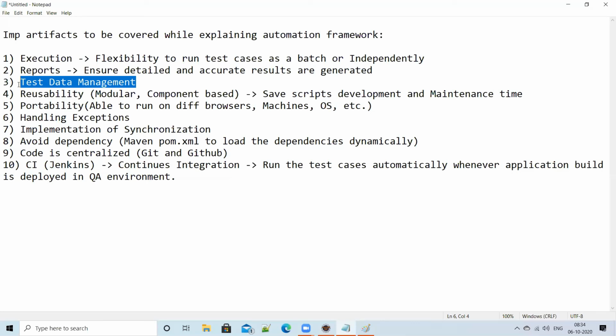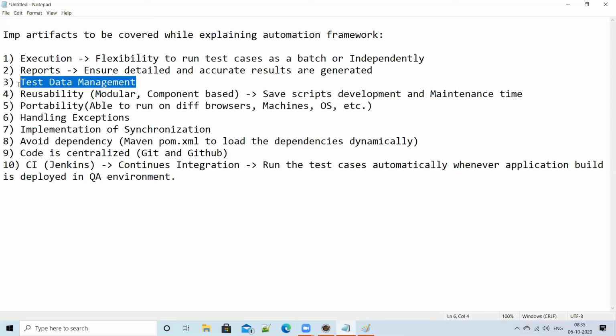And why don't you highlight the test engine? And why don't you highlight the page object model? So what advantage are we getting by following the page object model? Yes, tomorrow if there is any change in a particular page, I need not bother about all the methods, all the classes where I used these elements or these methods. I can simply go straight to the particular class of that particular page, where you have the elements and methods, and just modify if there is any change. So it's easy to maintain, right? So that's how you have to highlight the advantage.